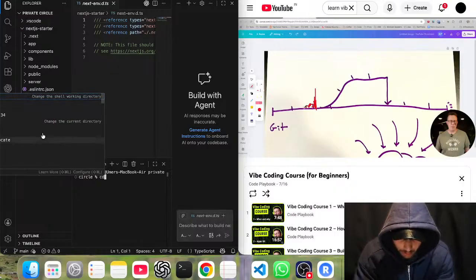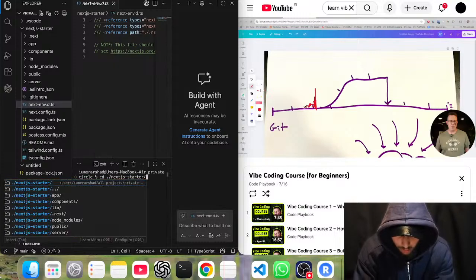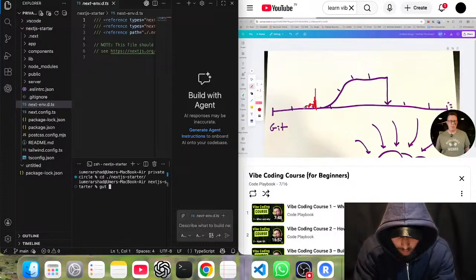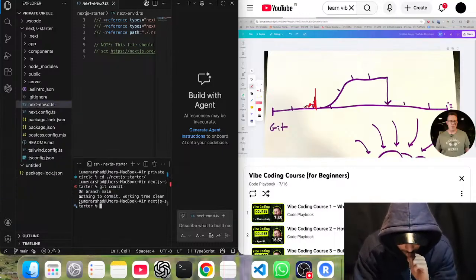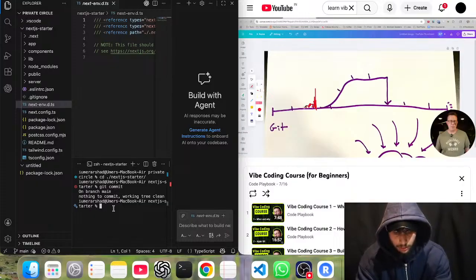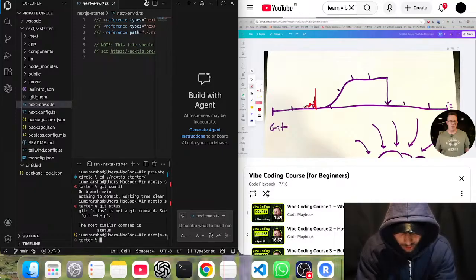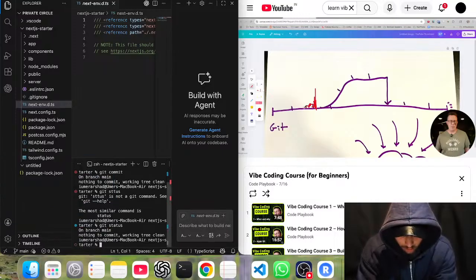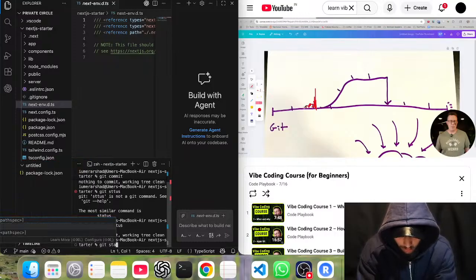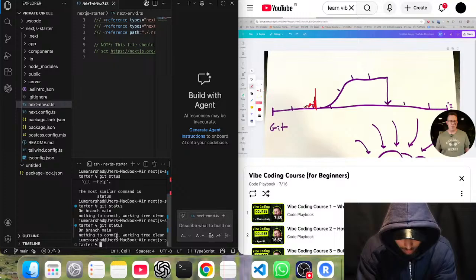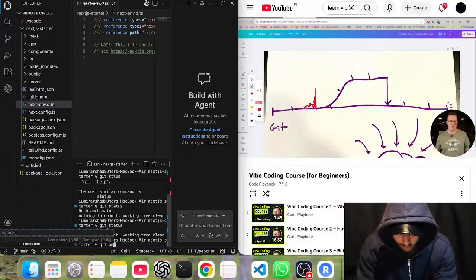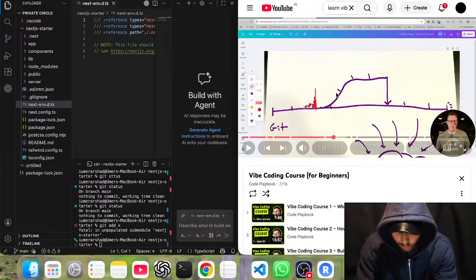Okay, I need to cd into the Next.js tab. It should be good to go. Enter. Git status: on branch main, nothing to commit, working tree clean. Okay, the command is git status. Okay, so git status. Then git add x, enter. Yeah, unpopulated submodule, right here. I want to go